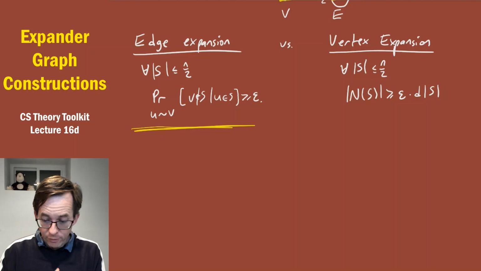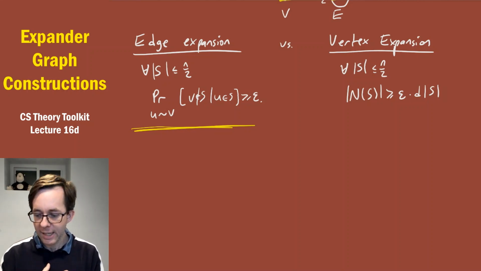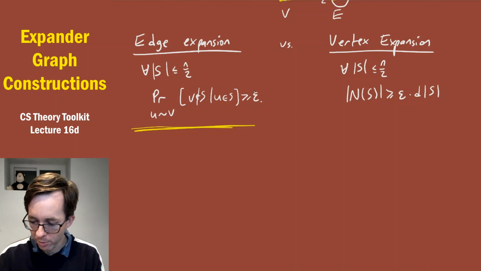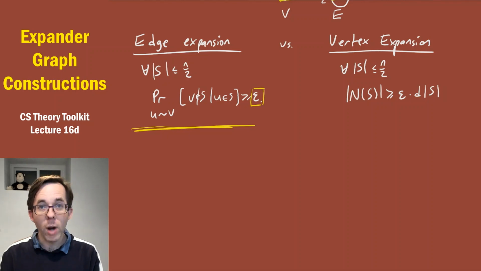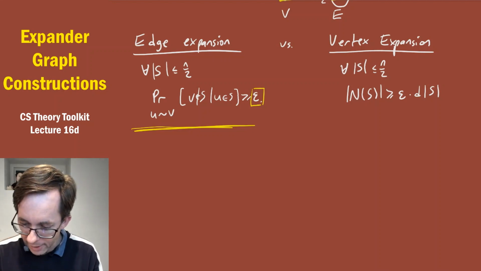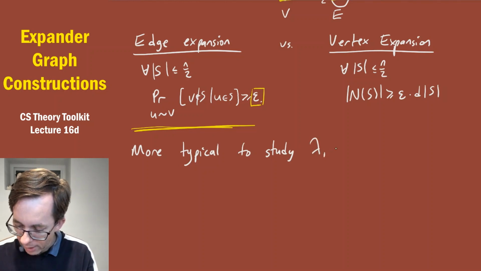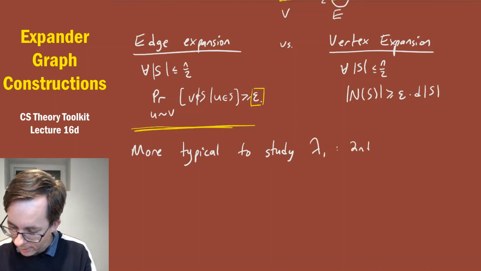Now, in fact, I have to pull one more switch on you, which is that finally in the study of expander graphs, it's even more usual not to study this edge expansion parameter epsilon, but rather to study the second smallest eigenvalue of the graph's Laplacian. Okay, so let me repeat that. It's even more typical to study what you might call lambda 1. This is the second smallest eigenvalue